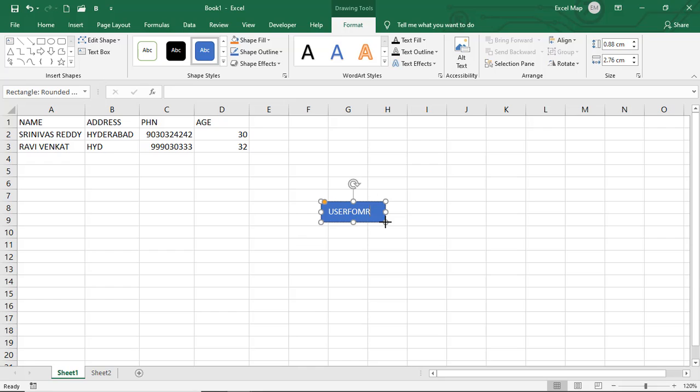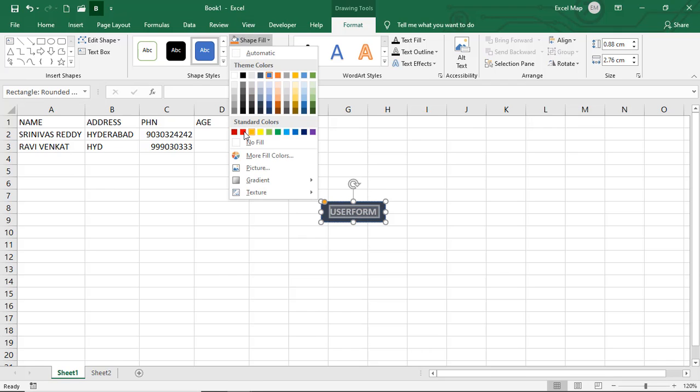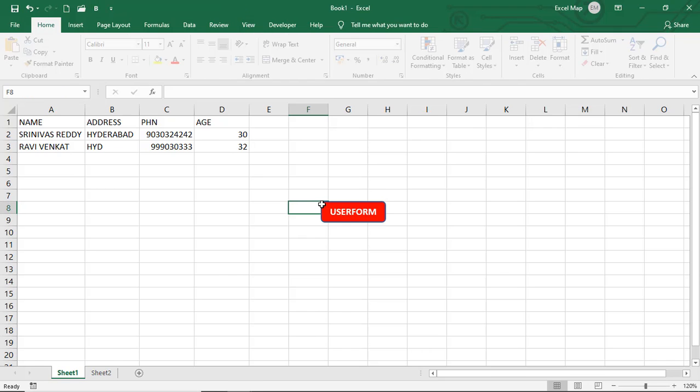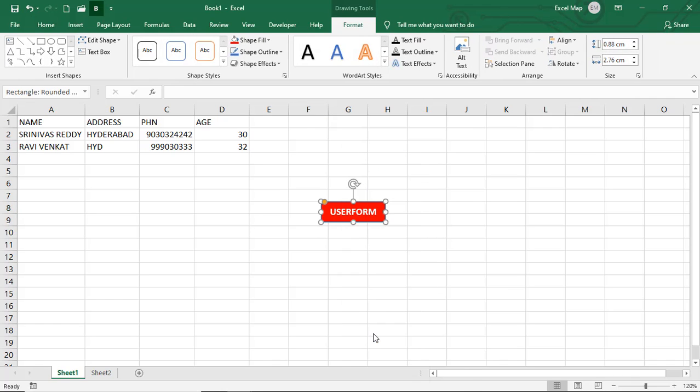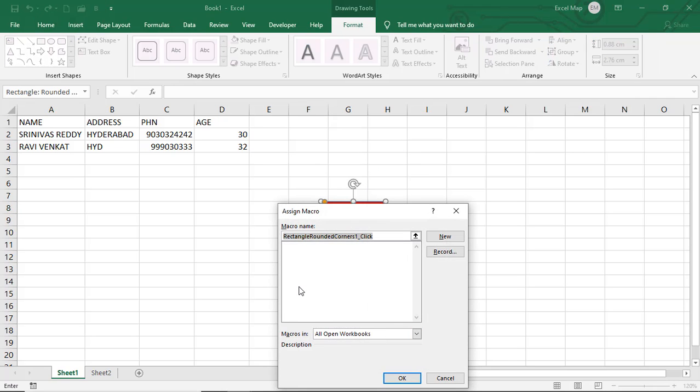user form, and if you want you can fill it with color also. Now see, I'm trying to assign, right click, Assign Macro. See, there are no macros because these are all user forms. Now we'll place that user form inside a macro, then only we'll get the macro here, and we'll assign that